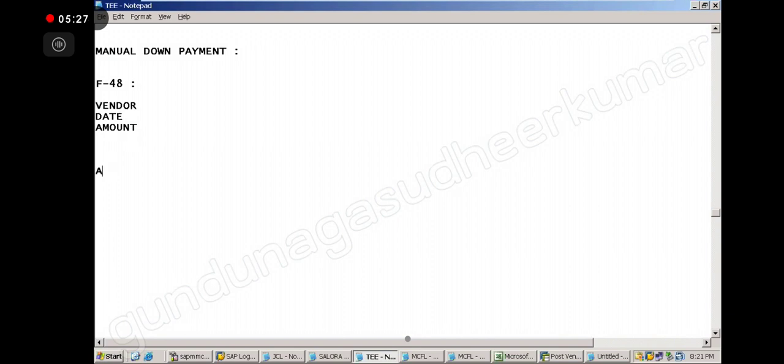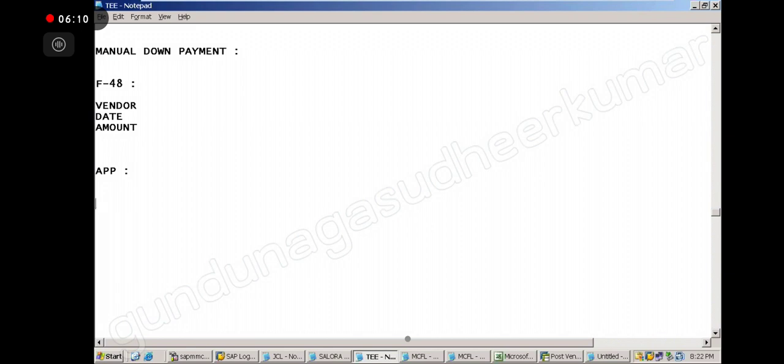But when I am doing the payment through APP, how will APP know which vendor, what date, what amount I want to pay? Correct. See, if there is an open item, it will pick up. But for advances, do we have an open item or not? No, for advances there is no open item at all. So when there is no open item, how will APP know? APP does not have a sixth sense, that you are thinking in your mind and APP will pay. Correct?